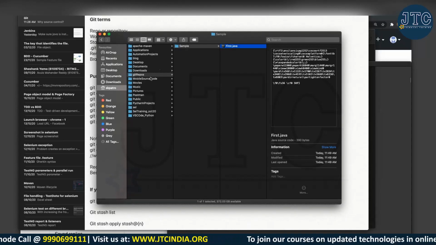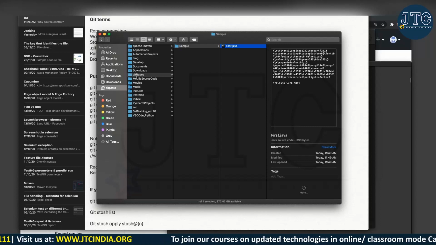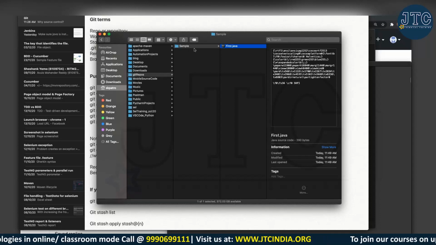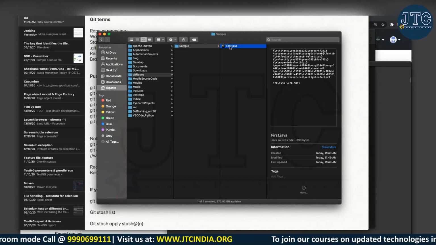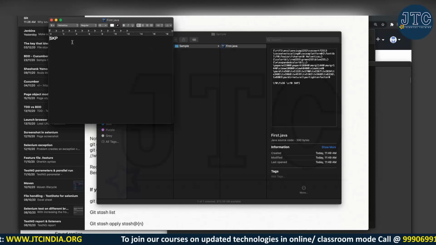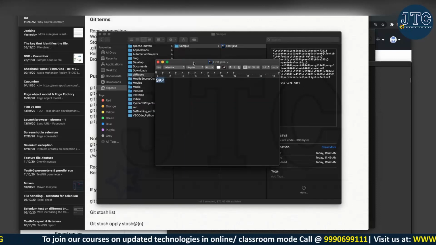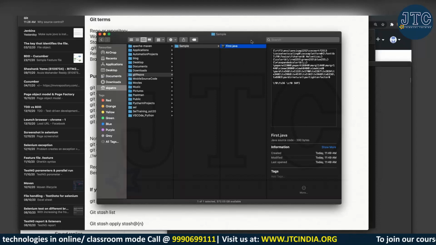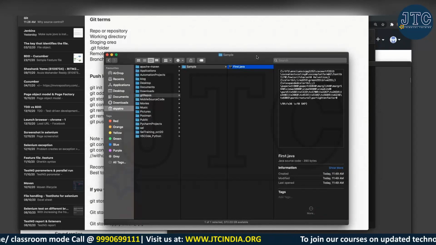It's a simple folder structure I have created under the C drive: a git repos folder, under that a sample folder, and under that a first dot java. Some simple code is written here.